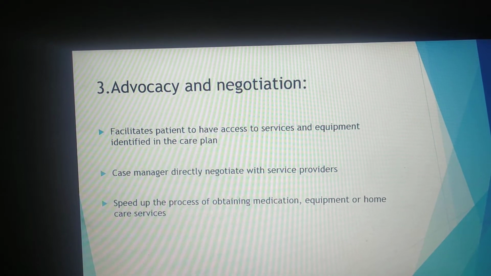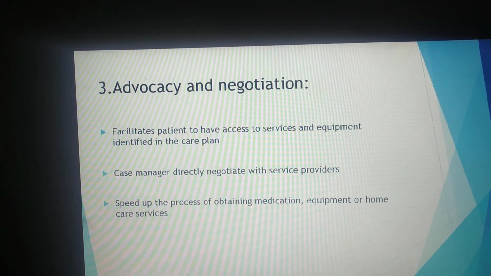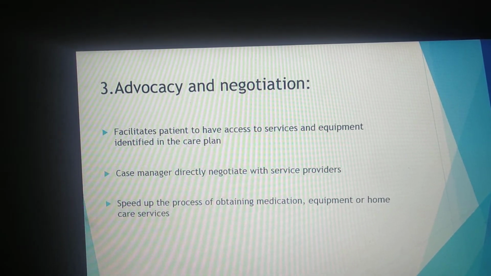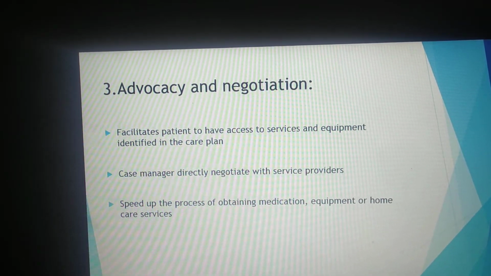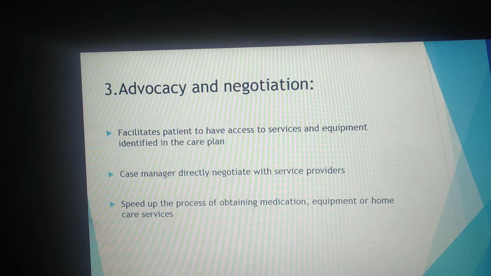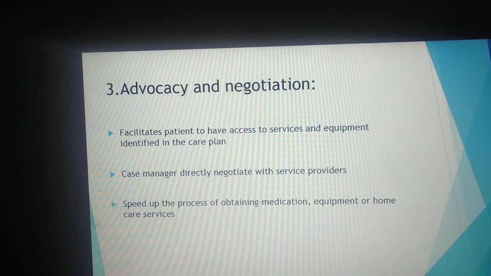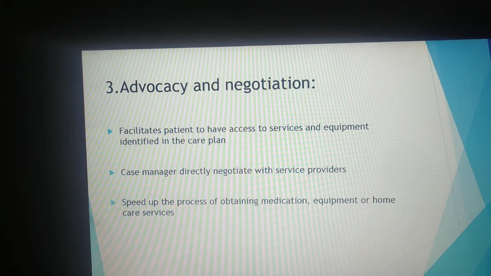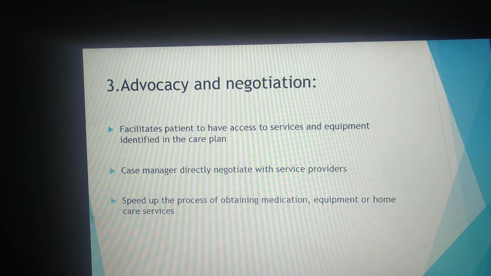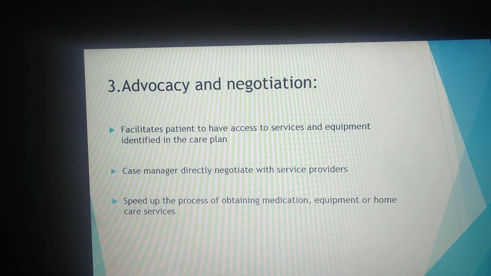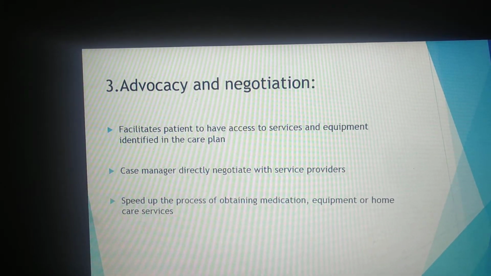She needs to always be in active contact with the managing members to obtain the medication and equipment needed by the patient. She also needs to provide home care services by maintaining contact with the multidisciplinary team members or by telephone.